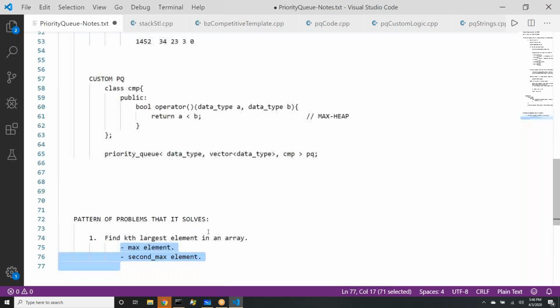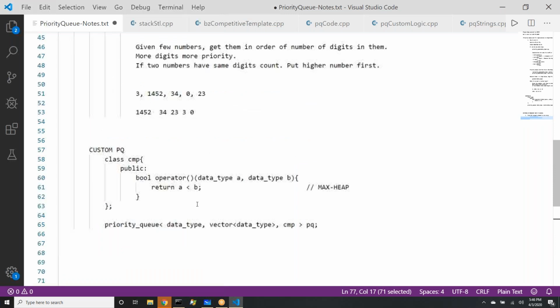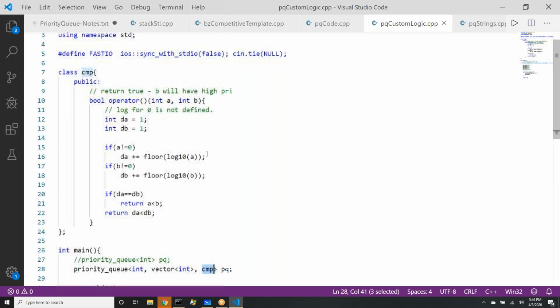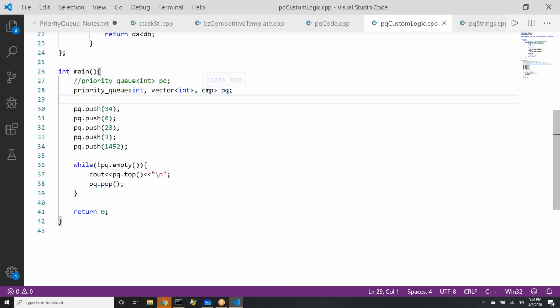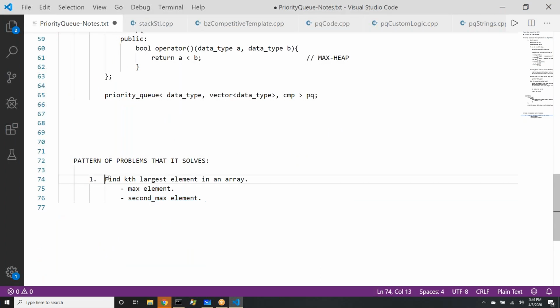In declaration we cannot give function sir? Okay, Nagasa is saying in declaration we cannot give function. Nagasa, I do remember there is some syntax, but just to save time I do not want to run for that. But there is a syntax where you can give directly function also. Right? So if required, I'll send that in your group, another template for this. Yeah. For now, we will move forward. There is function syntax also certainly. Let's come back to our question. Question is find kth largest element in the array.